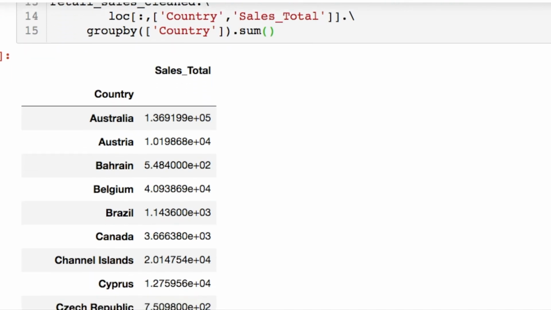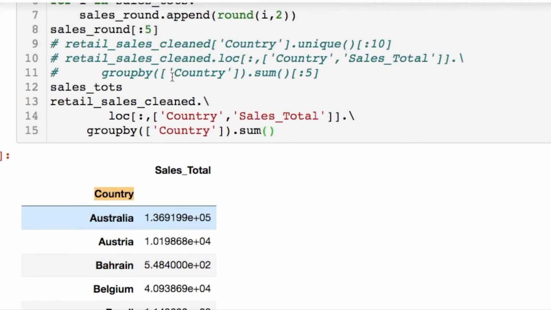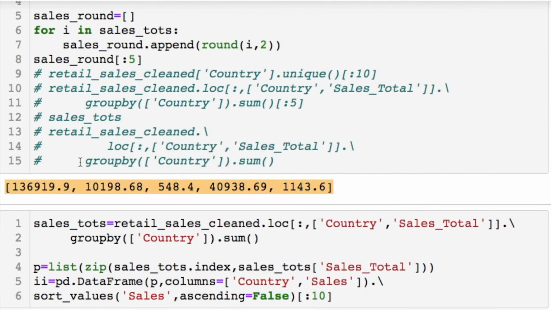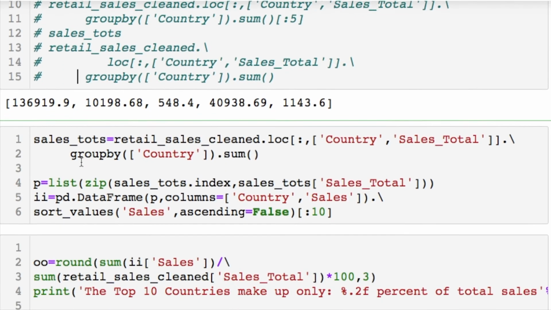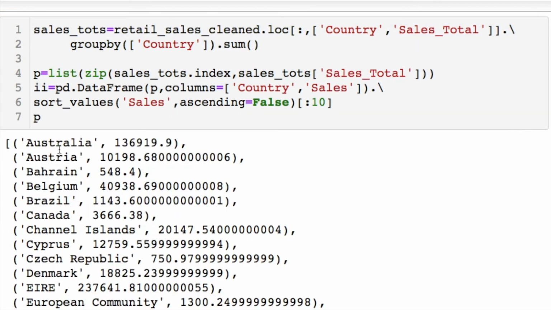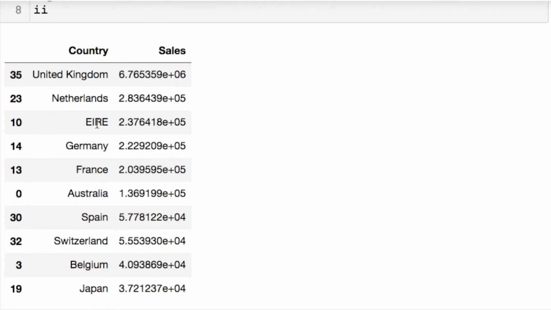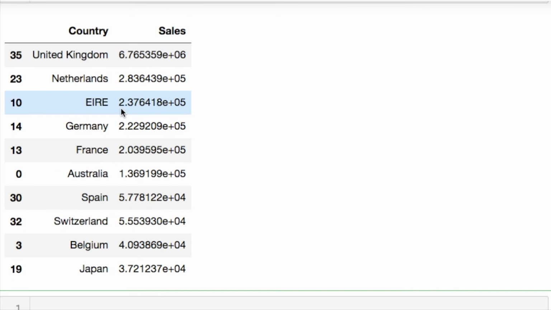So here's the nested chart that we have. Here's the outermost portion. Here's your index, which is your countries. And then you need to do sorting on this so we can get the top 10 countries of sales. So here's the countries sales right here, but we need to do some mapping to this. So we take our sales totals and then we create a tuple of each one of the countries corresponding to the sales. Then I create a data frame for the country and the sales, and then I just put it in descending order and take the top 10 entries. And that's what we end up with here, which is going to be used for the pie plot.